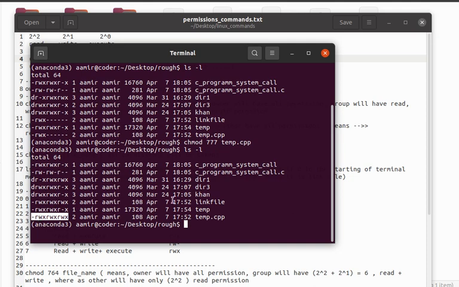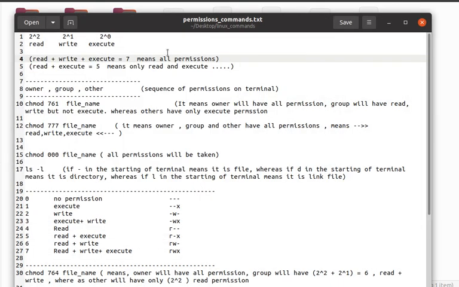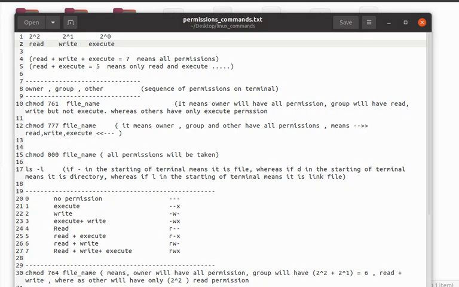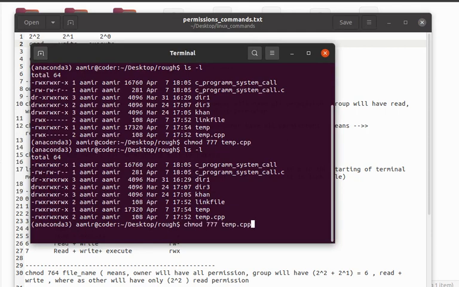So let's check what this 777 means. Here you can see that if you add these terms we get 7, so it means all the permissions are given.